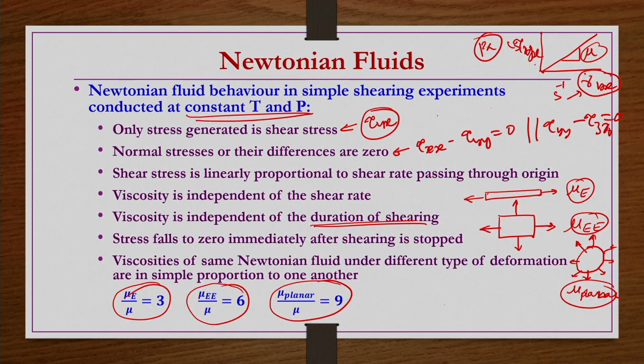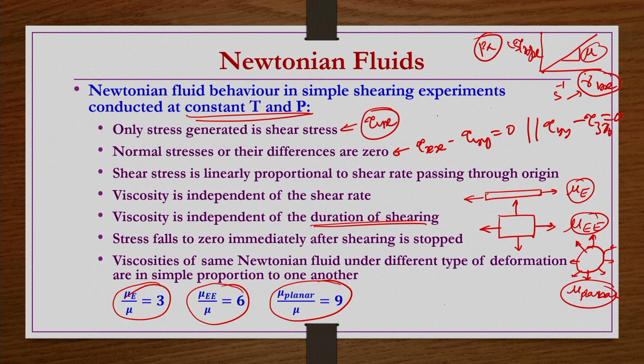Now, why have we written so many characteristics, though we directly have a definition: tau Yx versus gamma dot Yx passes through the origin, and the slope of that curve is a constant mu that does not change whatever the gamma dot Yx. All these enlisted characteristics will provide a basis for the definition of non-Newtonian fluids. Whichever characteristic of a Newtonian fluid is not obeyed by a fluid, we can call that particular fluid a non-Newtonian fluid, right.